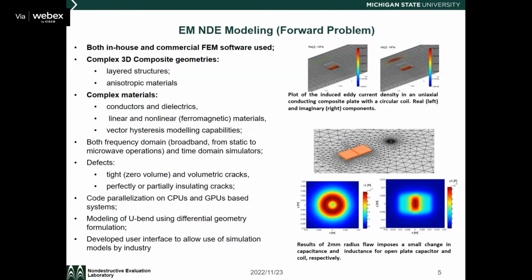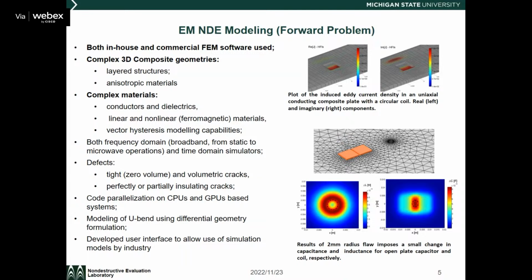And how can we understand that? Complex composition. You may have linear or nonlinear ferromagnetic materials. For example, one very classical nonlinear material is a ferromagnetic material. And I will use one example in the